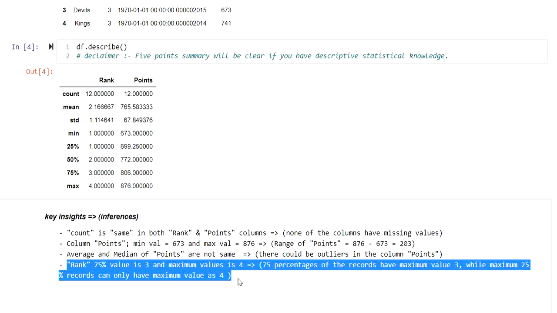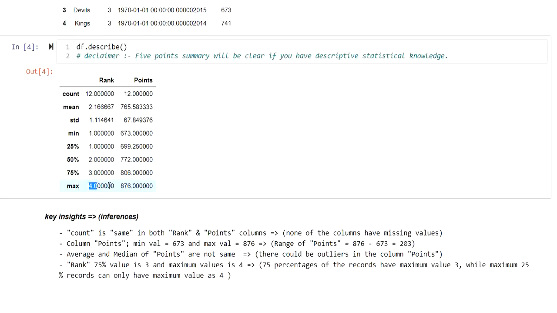But when it comes to the remaining 25% of the records, which is the remaining 3 records, a maximum of 3 records can have a value of 4. Of course, a minimum of 1 record has a value of 4, but the maximum is only 3. We don't know exactly whether it is 3 or less than 3, but I am talking about the maximum scenario.